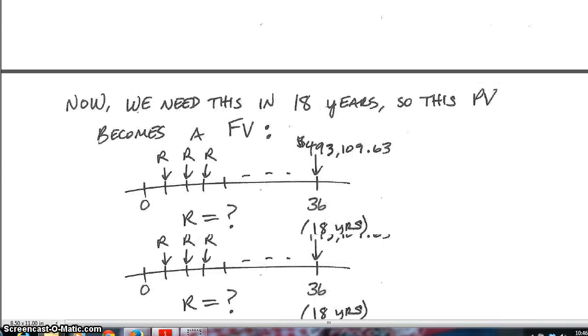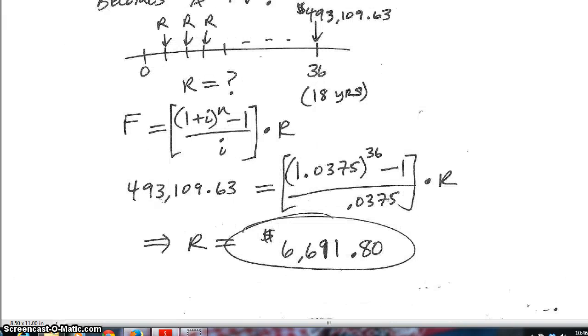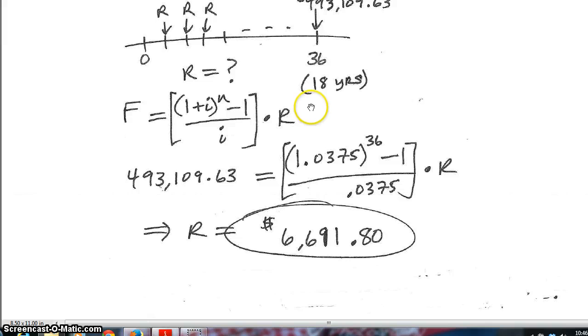Okay, so that now becomes a future value. And now we're looking at the next 18 years. So forget about the future, after retirement and college. How do we get that much over the next 18 years? Okay, so we have payments of R at the end of each 6-month period. And we're looking at this formula, we're solving for R. So this is the future value that we need to get,